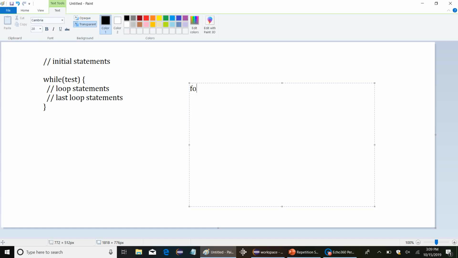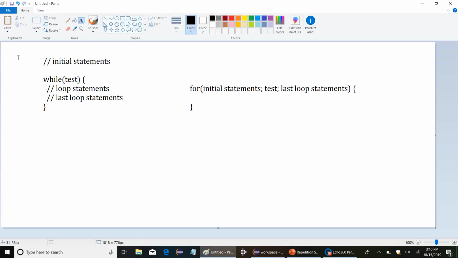So the format for a for loop is: for, initial statements, test, last loop statements. Okay, and then over here the regular loop statements go inside, so I'm just going to cut and paste those. Okay, and all of these have their exact counterparts in the while loop. The initial statements go here, the last loop statements